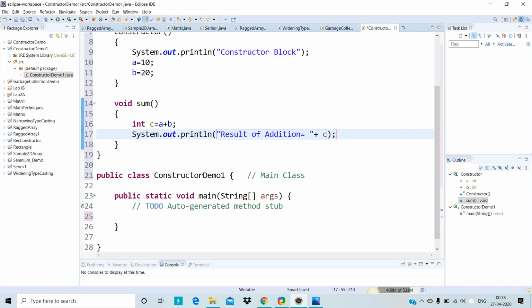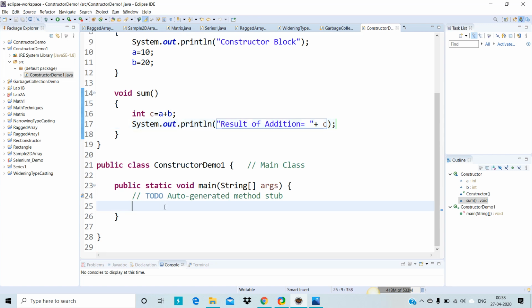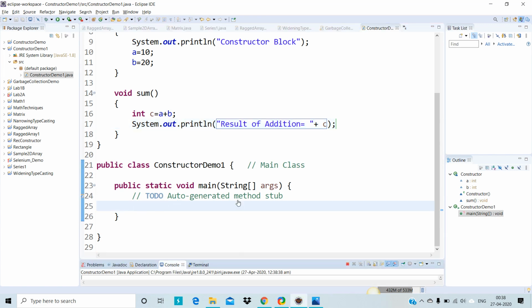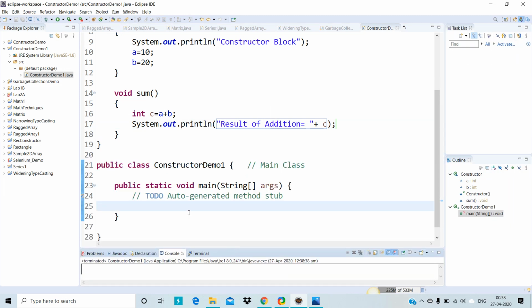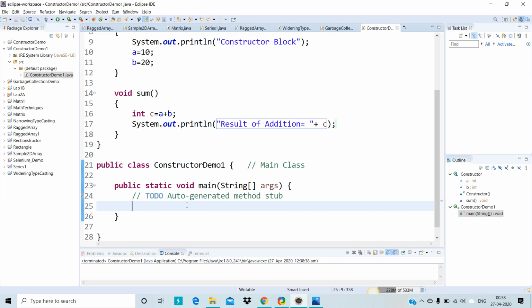If I execute this now I won't get any output, because I haven't called the method sum. So how to call the method now? Sum is the method name, so here I'll call this method sum.